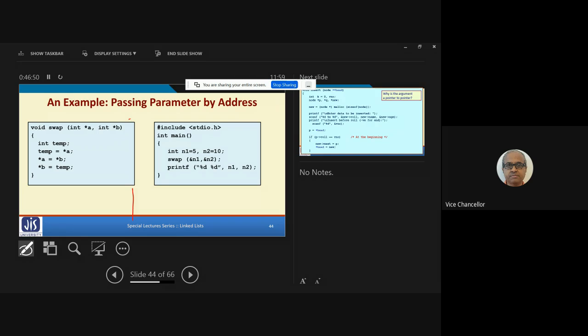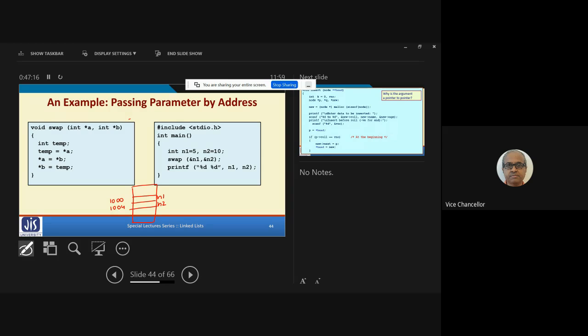Again, I am talking about the memory. Somewhere in memory, I have allocated space for n1 and for n2. Let's suppose the address of n1 is 1000 and the address of n2 is 1004. These are the addresses, the memory locations.